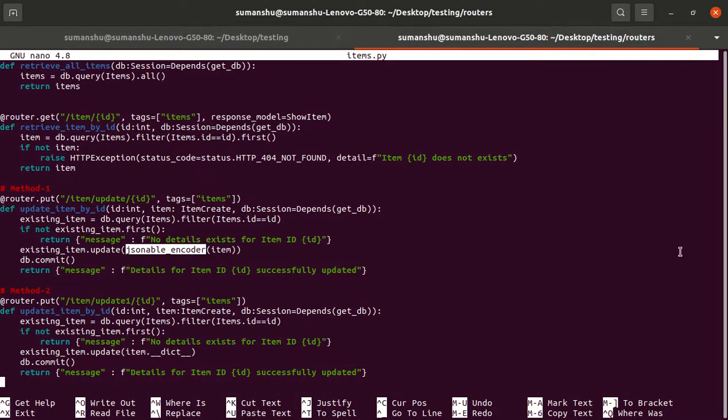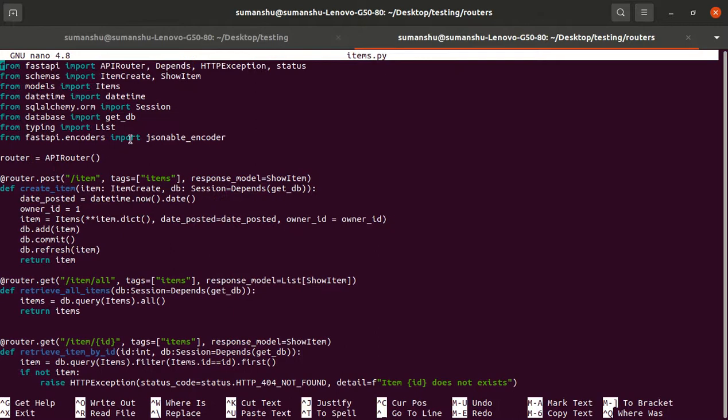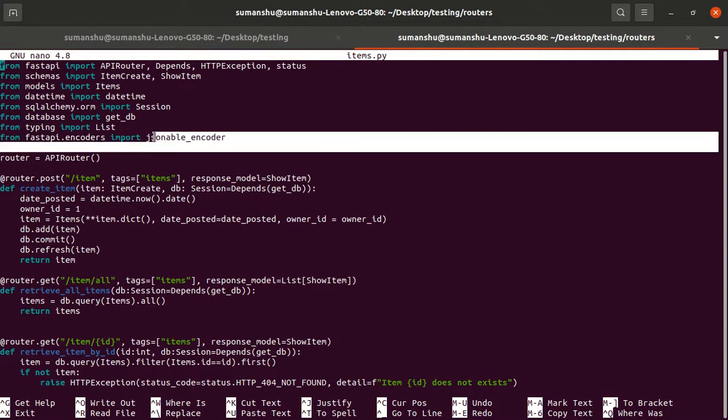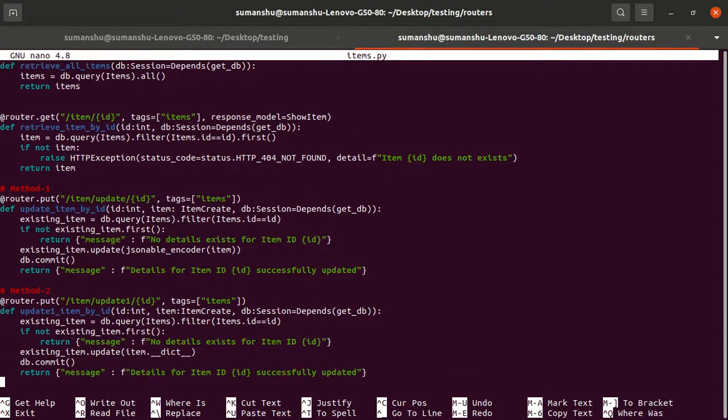So we first import the JSONable encoder from fastapi.encoders. After that, within the JSONable encoder we pass the particular Pydantic model. It automatically gets converted into a dictionary, and the update function will now get the dictionary as an input. After that we commit those changes.